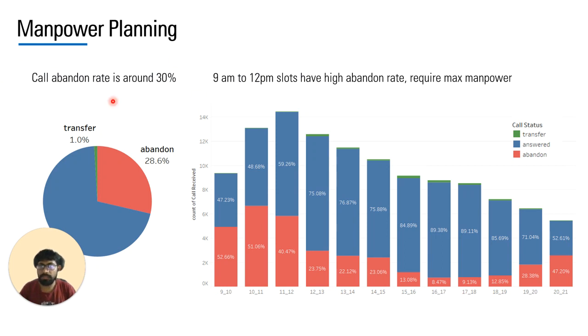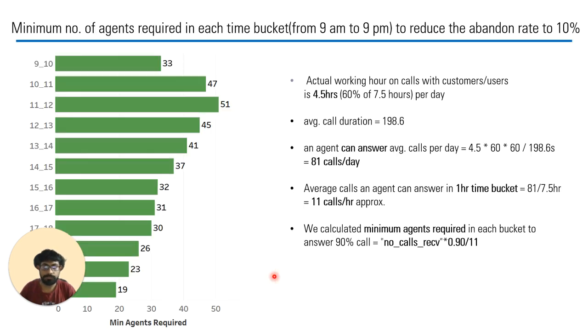Following is the manpower planning. Call abandon rate is around 30% and the 9 to 12 pm slots have the highest abandon rate. The minimum number of agents required in each time bucket from 9 am to 9 pm to reduce abandon rate to 10% is as follows. Actual working hour on call with customers is 4.5 hours, as 60% of the time the efficiency of agents working is 60%, so 60% of 7.5 hours is 4.5 hours, and average call duration is 198 seconds, we